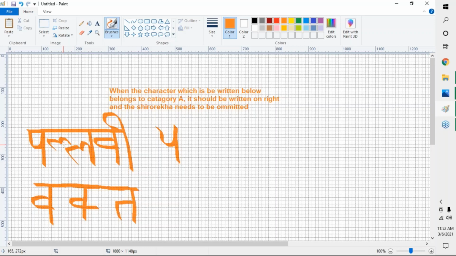L, this is L. It's not L. So L is half. What I do, L will be written complete. And this L is after this, so it will be written below that. And then Shirorekha will be omitted on the right side. That means I will not connect the line here. I will connect it towards the right side. L, V is the same, and E. So this becomes Pallavi. So this is how we write in Sharda.